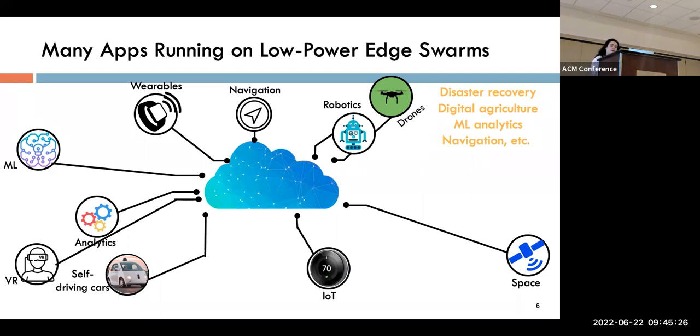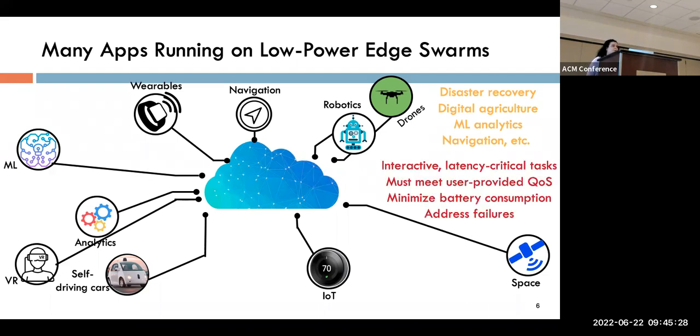These are applications that are interactive and latency critical, so we care about their tail latency more than their average latency. They have to meet user-provided quality of service or SLA constraints. We also want to minimize the battery consumption on the edge devices. And finally, especially because these are low-power devices, they're not very reliable, so we need to be able to address